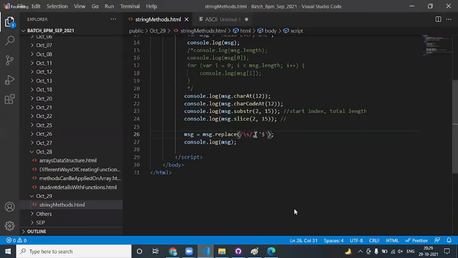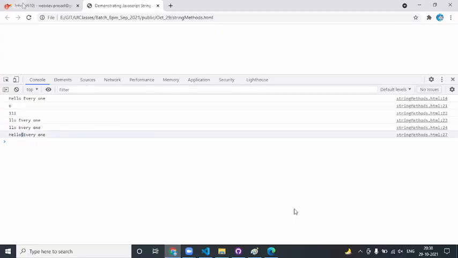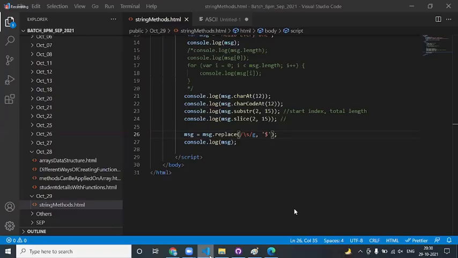Now what I need to do, after this backslash, is put something called G, where G indicates global replacement. Wherever you find the space value, you simply replace that. Now if you save this, you can see the space got replaced with $ at multiple locations within the given string. Along with this space, say for example, I want to replace E with $.